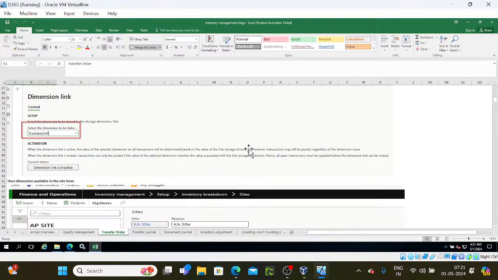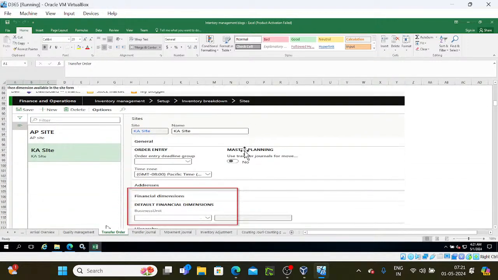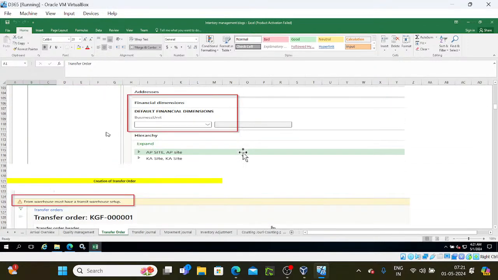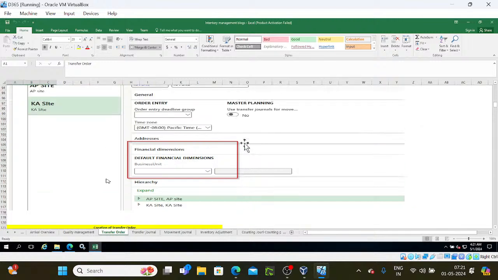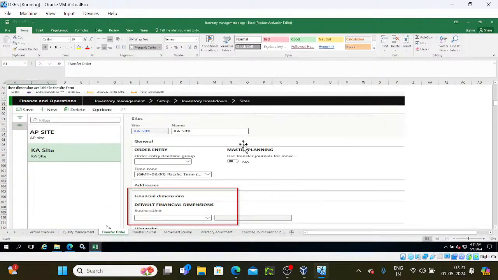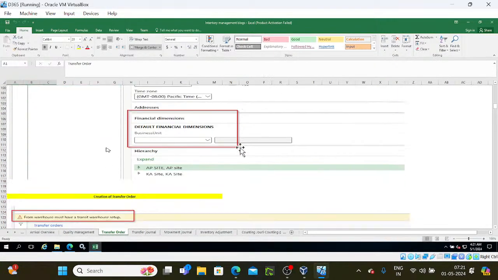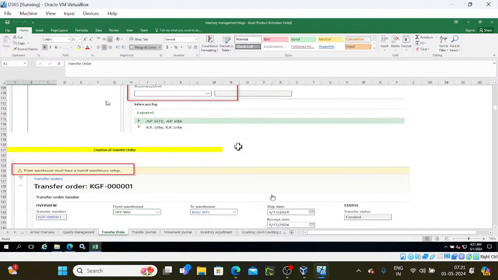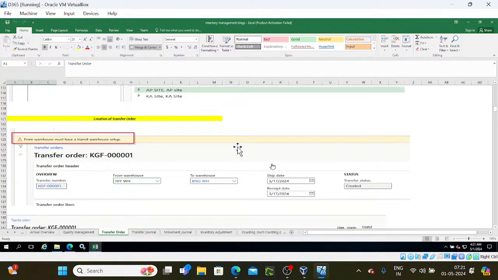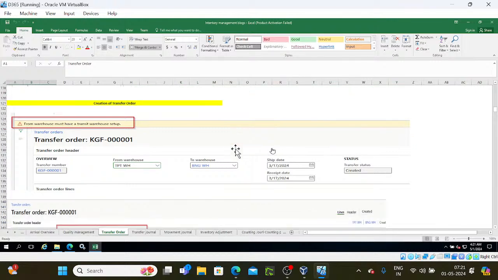Then activate the link. Once you have activated the link, the default dimension will be available in the site form. Next, creation of transfer order. Then we tested this scenario. When we create a transfer order, you need to select the warehouse, which contains